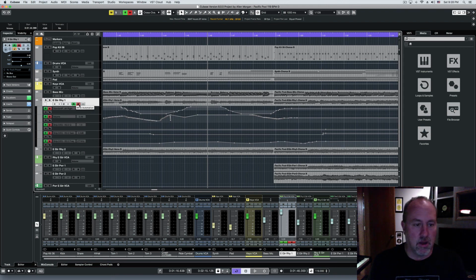So I guess the last thing to say is, what you don't have to do is open a blank automation lane and draw the automation in by hand, which is what it sounds like you've been doing. That certainly works, but it's cumbersome. And I think the workflow of just manipulating the control in real time during playback is probably going to be faster, easier, and get you closer to what you want